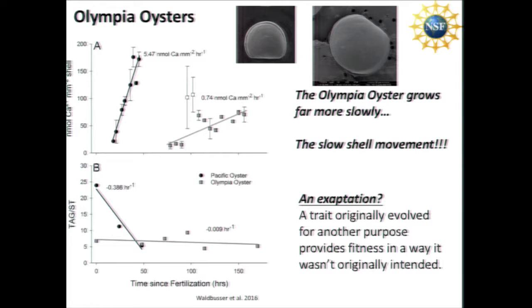And what's really interesting is we've had sort of a discussion and people going, well, they evolved to live in this upwelling zone, with naturally elevated CO2, or because they're brooded in a chamber, so there's respiratory CO2. I think that there's probably another reason the brooding evolves, ecologically speaking. And so it turns out that maybe this brooding evolved for another reason, and that's actually what's conferring them some fitness or resilience to acidification. And that's something that Stephen Jay Gould sort of called an exaptation. So this is kind of the overhead or the messiness in biology. So there's things there that might provide resiliency without having to have direct adaptation and selection.